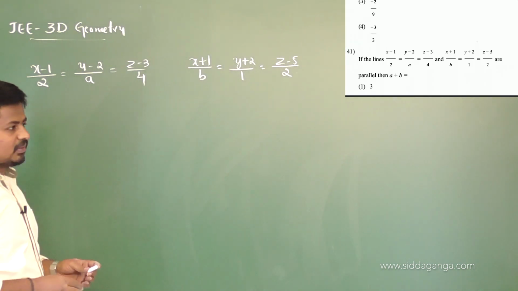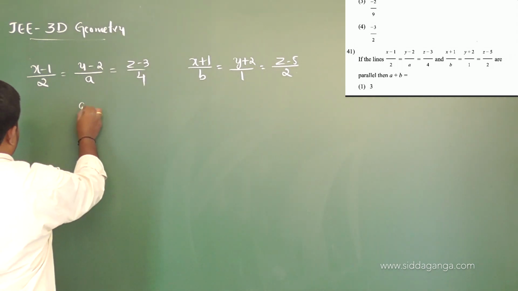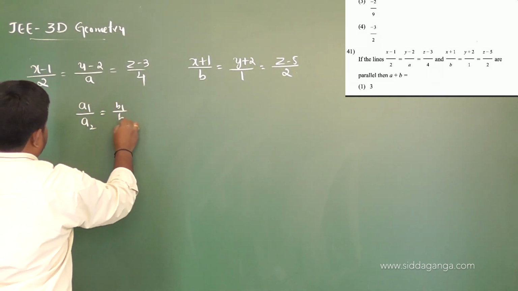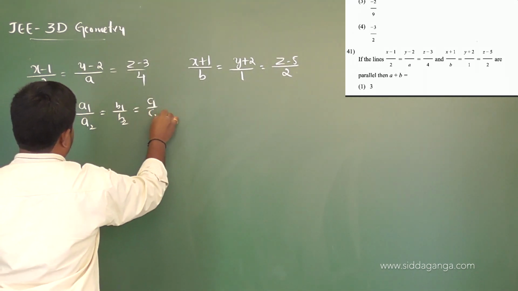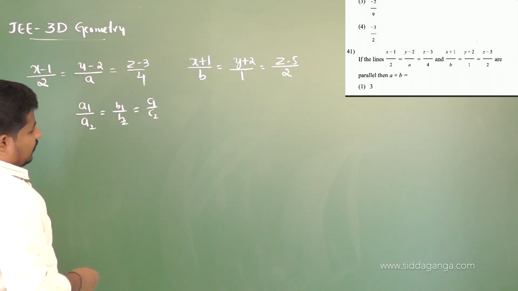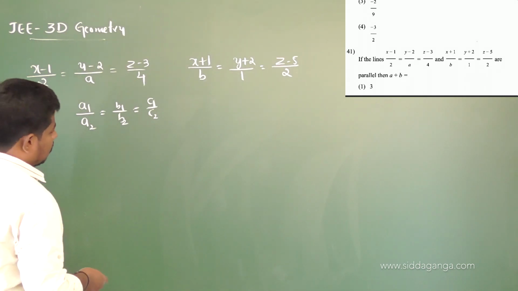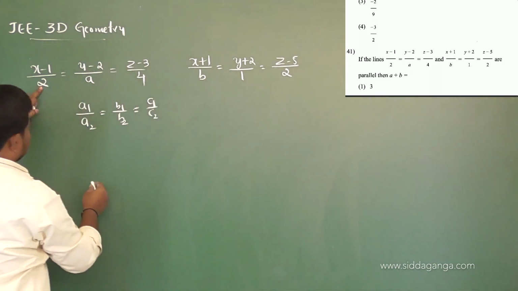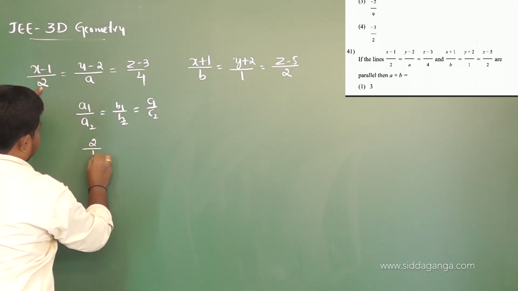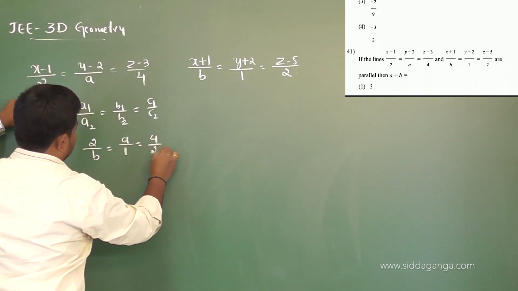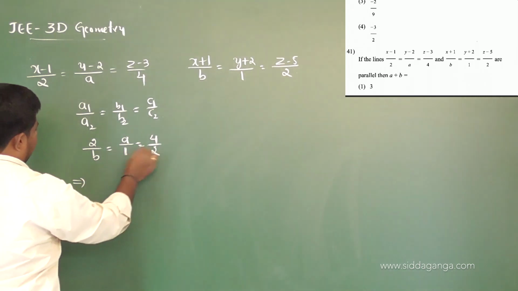What is the condition for parallelism? The condition for parallelism is a1 by a2 equal to b1 by b2 equal to c1 by c2. Two lines are said to be parallel if the ratios are proportional. So, a1 b1 c1, this is a2 b2 c2. Now let me take the values: 2 by b is equal to a by 1, that is equal to 4 by 2. So, this gives a is equal to 2